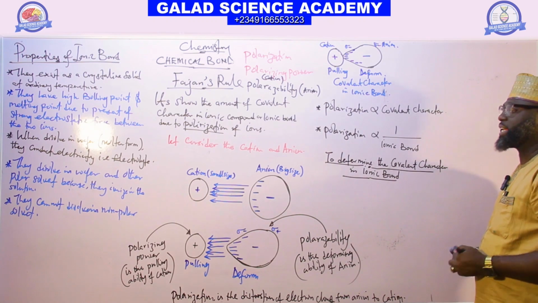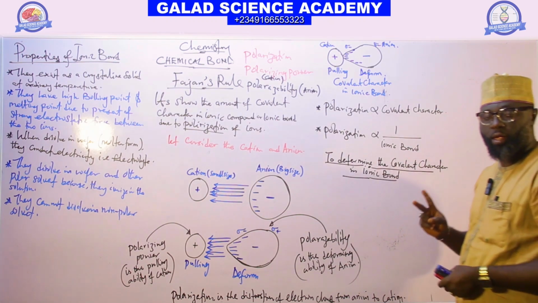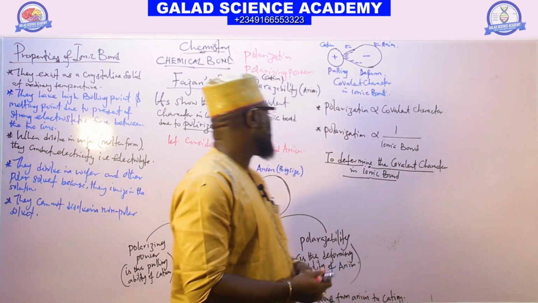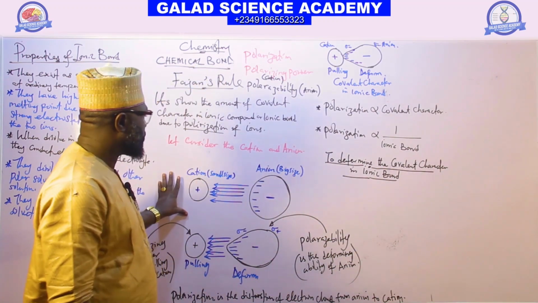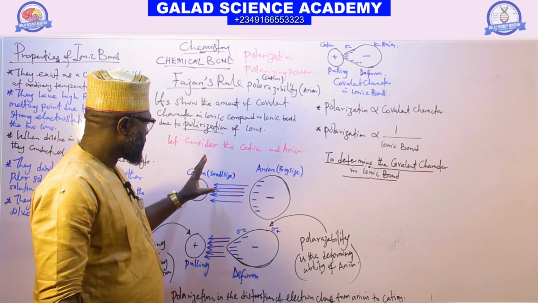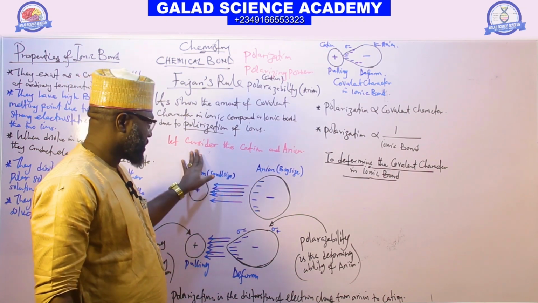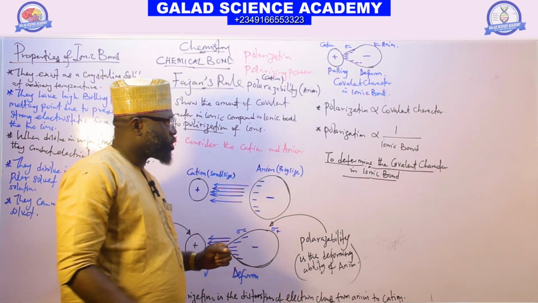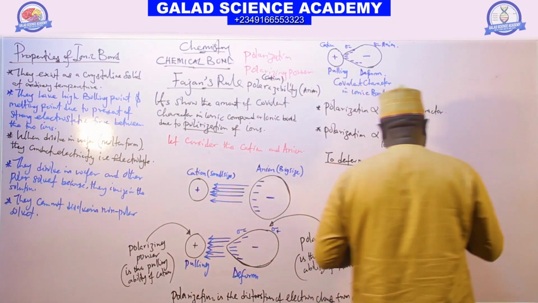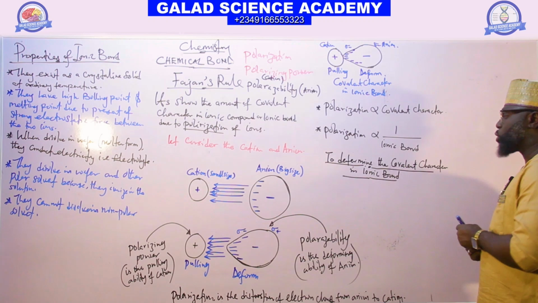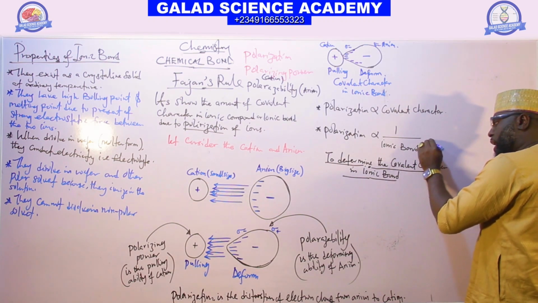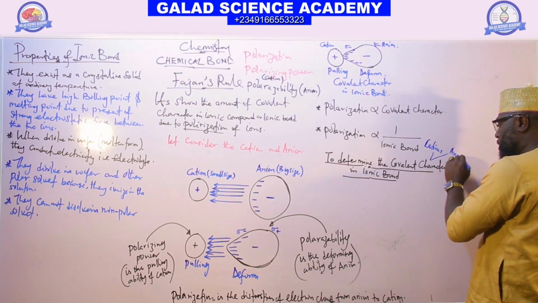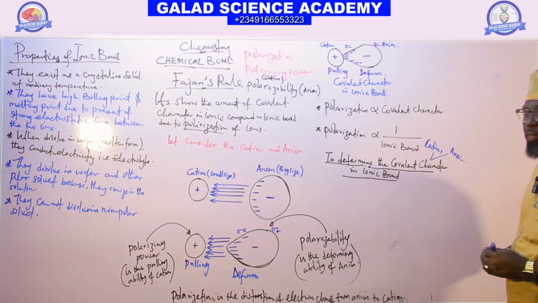So the covalent character in ionic bond can be determined in two ways. We know that it is about the polarization of ionic bond, the anion and the cation. So to determine the covalent character in ionic bond, we need to consider two ions, both cation and anion will be considered. So first of all now,